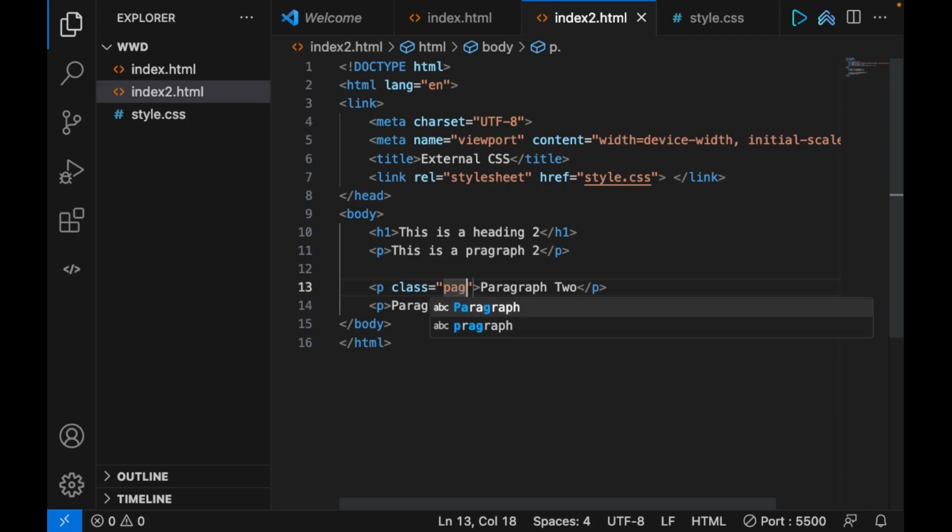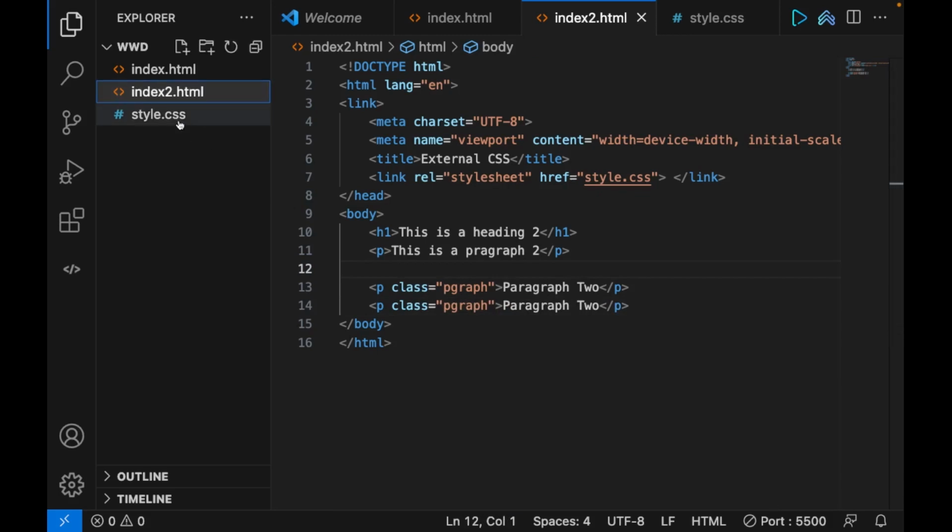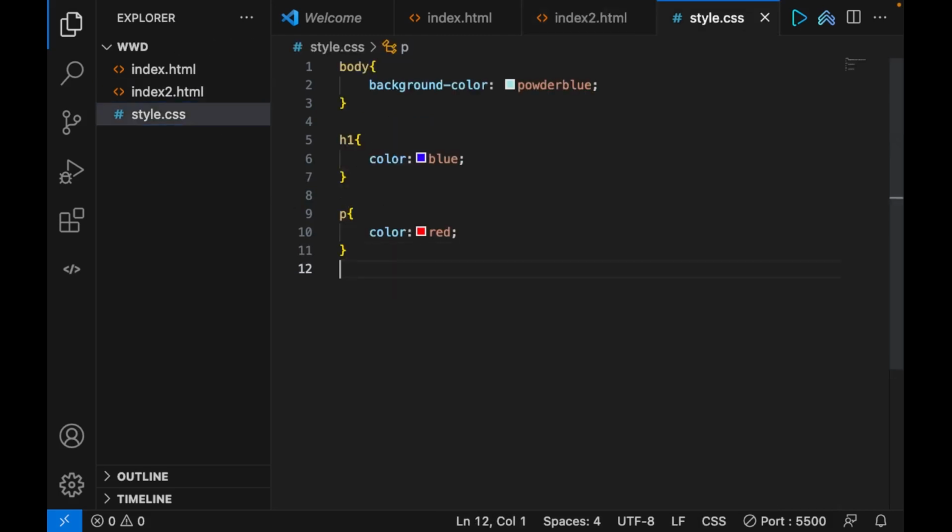So the name is, let's just leave it like this, pgraph, and this as well. So they both have the same class name, and if I go to my CSS, I can style both of them by just typing pgraph,